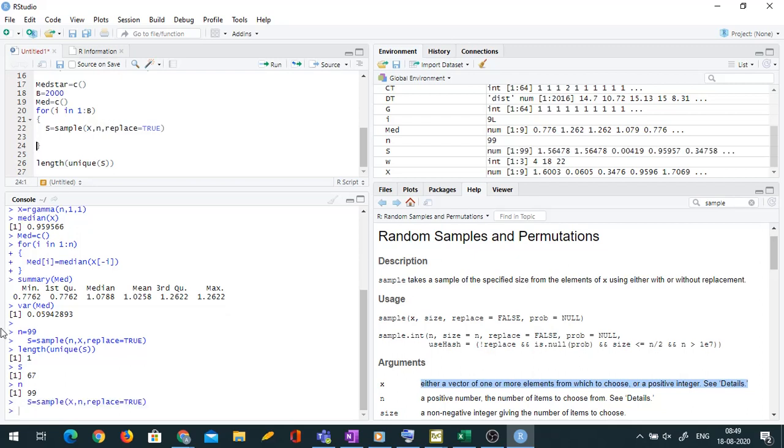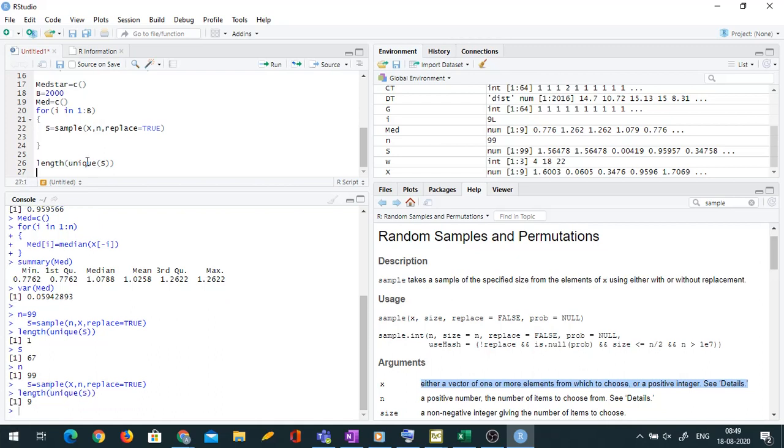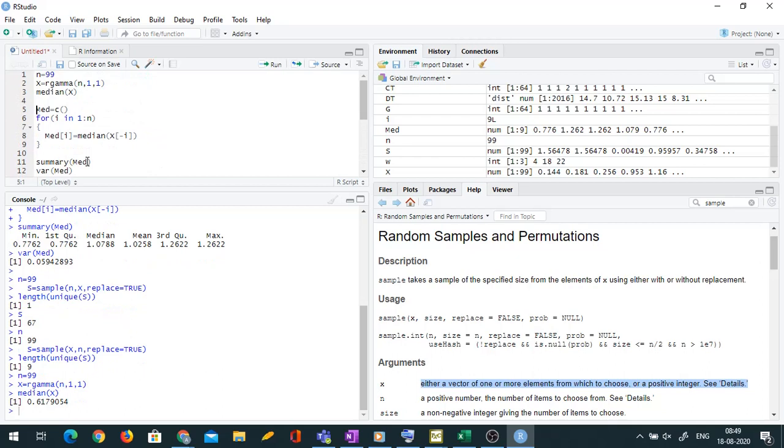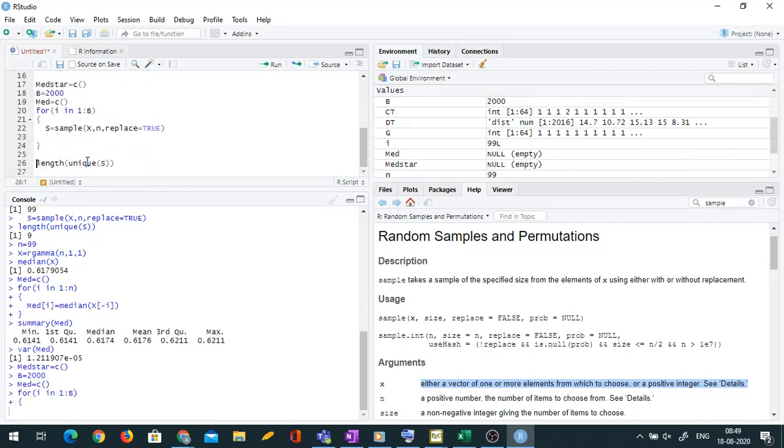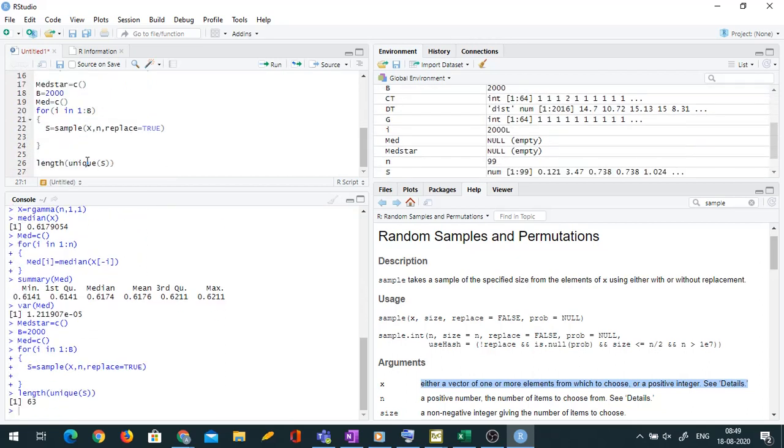Now let us see how many observations are repeated. The length of unique of S is 63. So out of 99 observations, many got repeated, and I have only 63 unique observations.